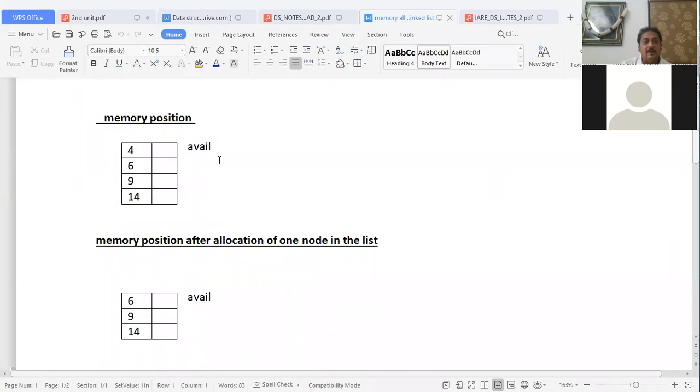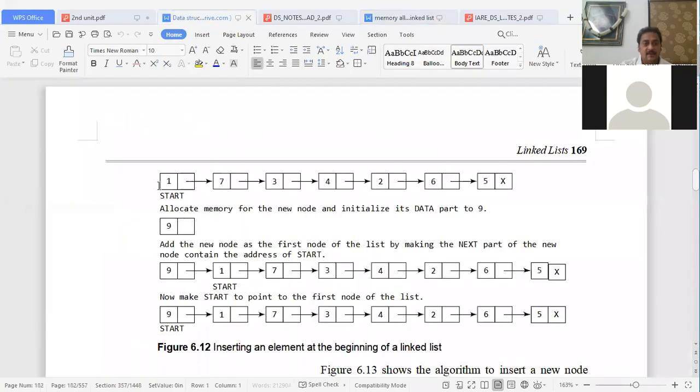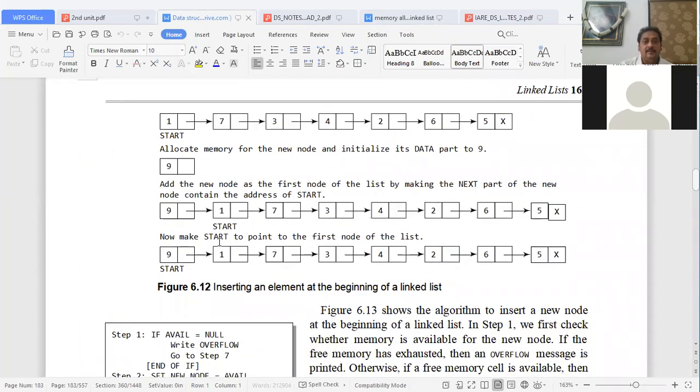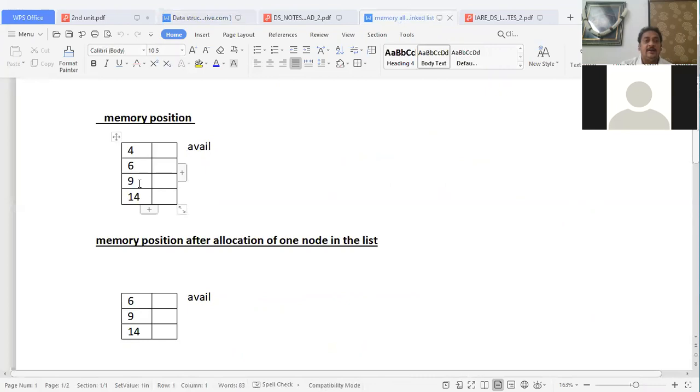This is the already existing list with seven nodes, and the available nodes from the available list are also present in the memory. Both are present in the memory, but this available list contains the nodes that are to be inserted into a linked list. Is it clear?